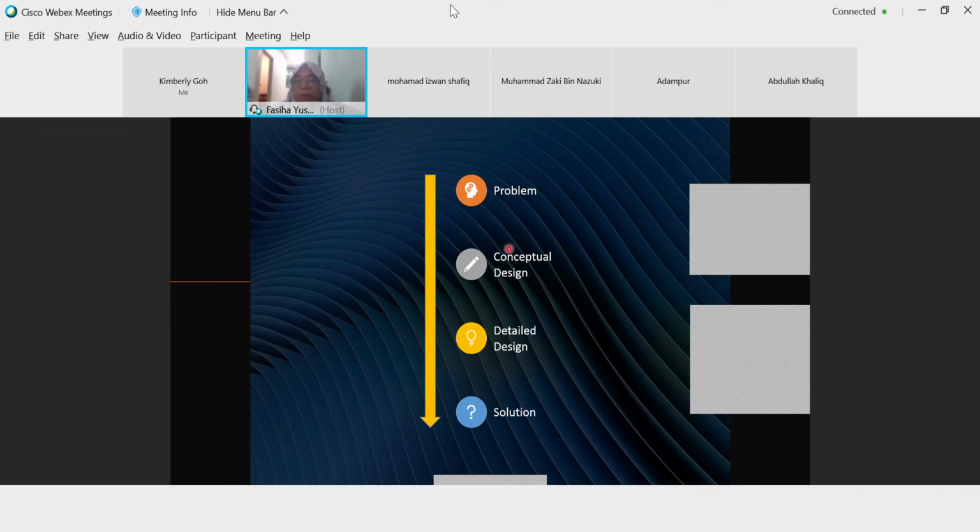The first one, create the concept, and then you detail the design. These two parts are very important for you to understand. In conceptual design there are many steps inside, and for detailed design there are also many steps inside. You may refer to any books, but you must understand the flow is this way.